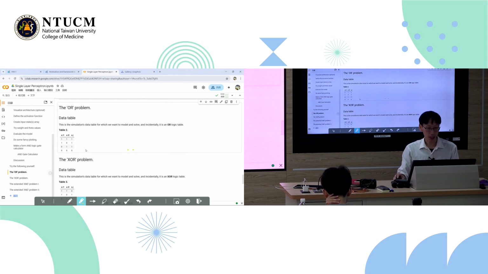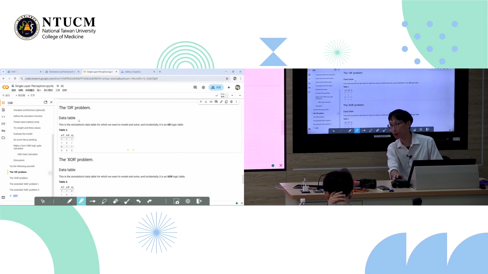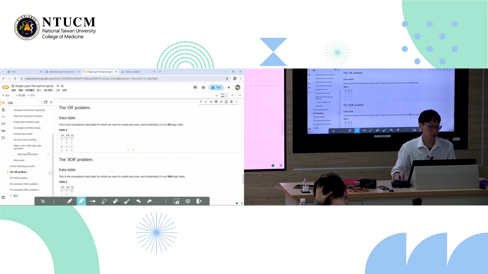Now, I'm going to do it in a different way, and I'm going to use my AND gate calculator. I'm going to apply the same principle, but I'm going to use the AND gate calculator and modify it. And then I'm going to test whether my AND gate calculator can do an OR gate problem as well. So this is what I'm going to do next.